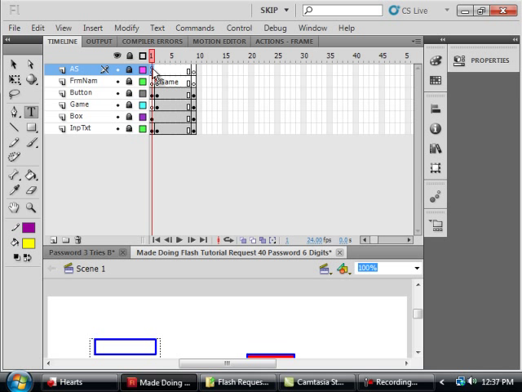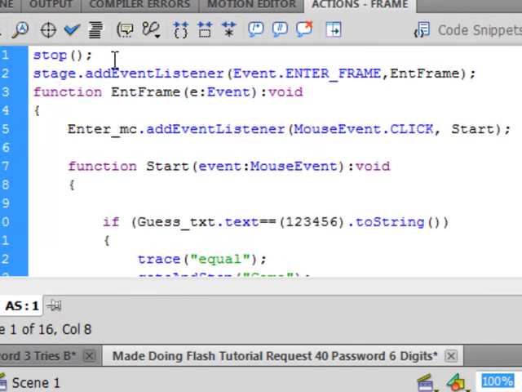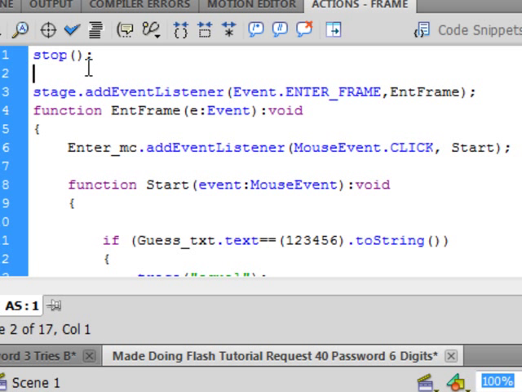Select frame 1 of the actions panel, open it up, and up at the top here after this stop, we want to make a variable, so we're going to keep track of each time the code was entered. So type VAR, turns purple. I'm calling it inc, capital INC as in increment, colon, number, capital NUMBER, turns blue, equals 0,